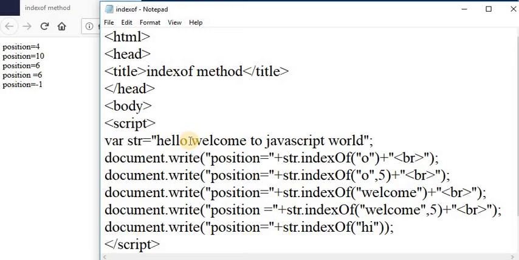After the fifth position it starts searching for the welcome string, so it returns 6. At the sixth position welcome is present so it returns 6 on the web page. And hi is not present in the given string so it returns -1 on the web page. This is the indexOf method.